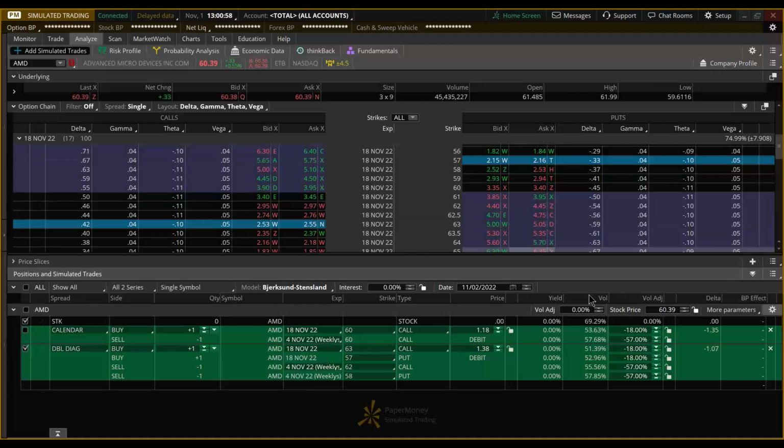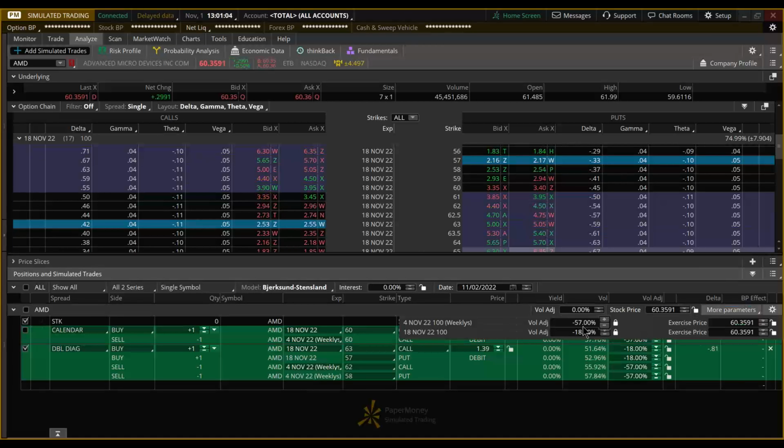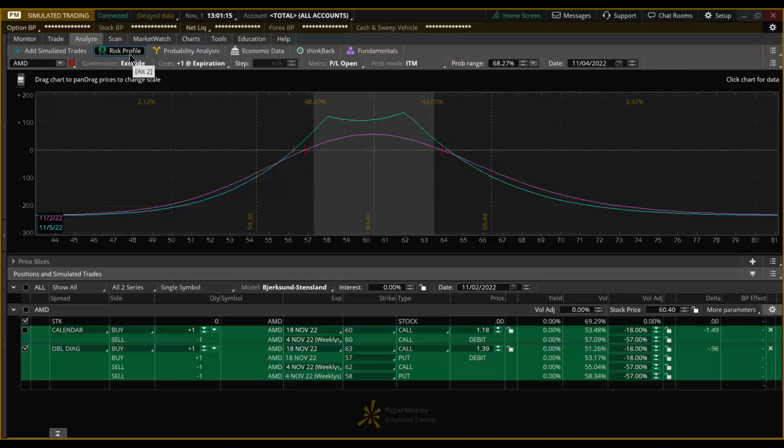And let's take a look. I haven't changed my modeling. Remember, my modeling is still showing the IV crush, because that's going to happen no matter what trade I put on, right? So let's look at the risk profile now, and you can see what happens here is I actually do get wider break evens with this trade than I do with the calendar. I'm forward a day into November 2nd. I'm using today's pricing for the options.